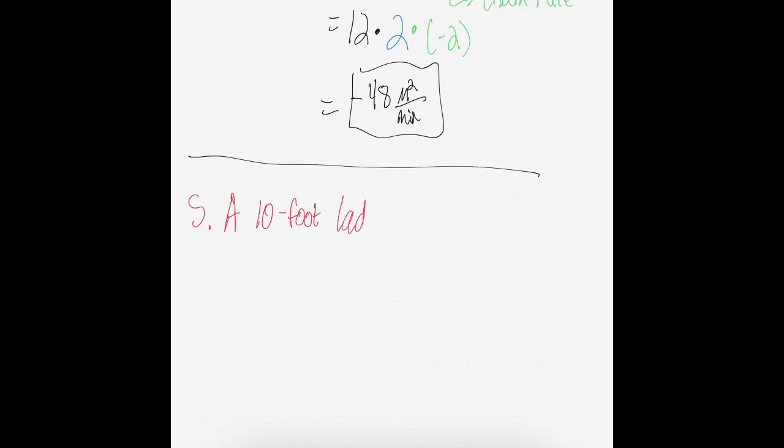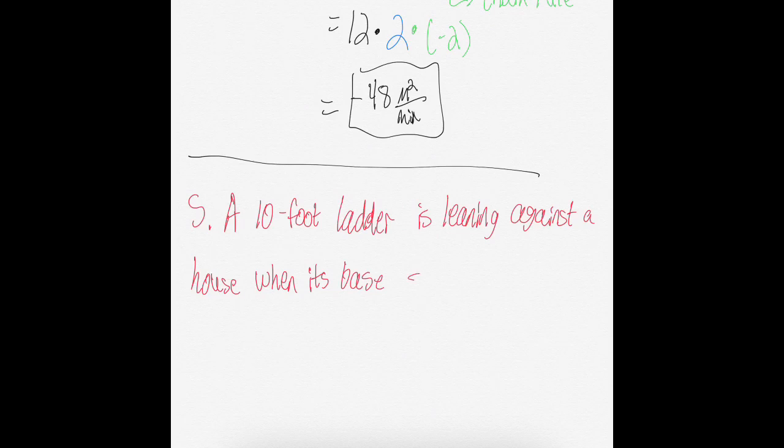Okay, so now let us do problem 5. Problem 5 says a 10-foot ladder is leaning against a house when its base starts to slide away. So this is going to be another related rates problem. Oh no, I hope that nobody's on it. When its base starts to slide away,